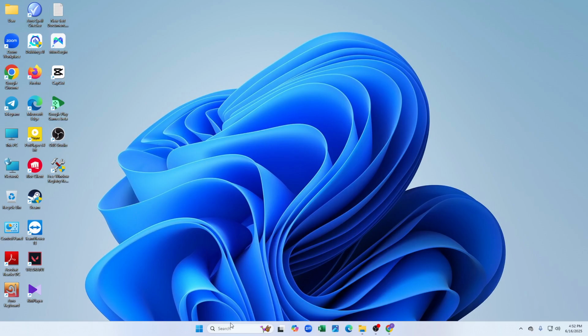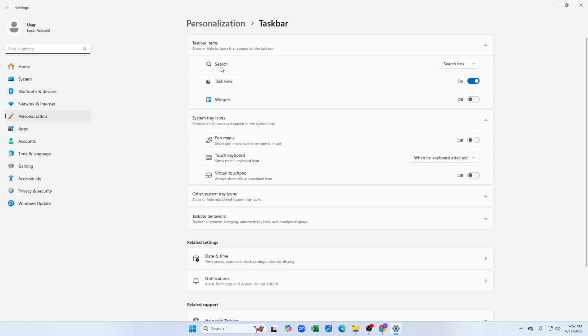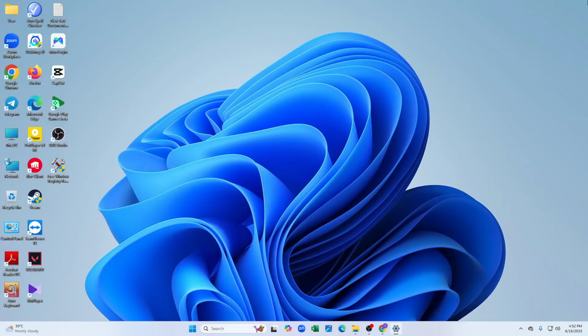So in this video I'm going to show you how you can enable the new weather widget on Windows 11. So first of all, you need to come to the taskbar and right click on it, and as you can see, taskbar settings, you have to click on that, and there you can see search, task view, widgets, three options. You just click the widgets off to on, and after that you have to close this,